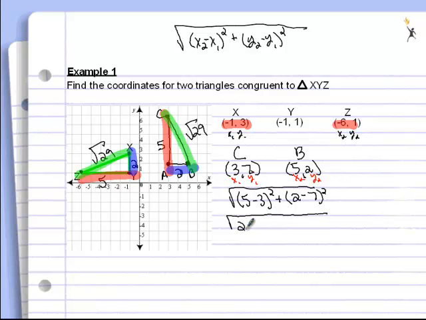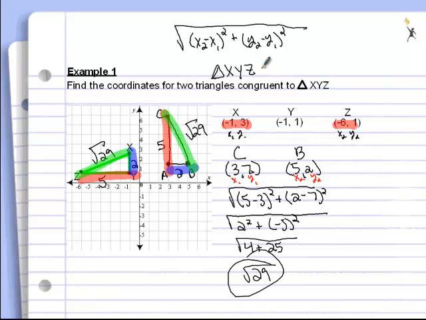5 minus 3 is 2, and we need to square it, plus 2 minus 7, which is negative 5, and we need to square that. 2 squared is 4, plus negative 5 squared, or negative 5 times negative 5, is positive 25. 4 plus 25 is 29, still under the radical, square root of 29. So I've proven that the three sides of one are congruent to the three sides of the other. Now I can say that triangle XYZ